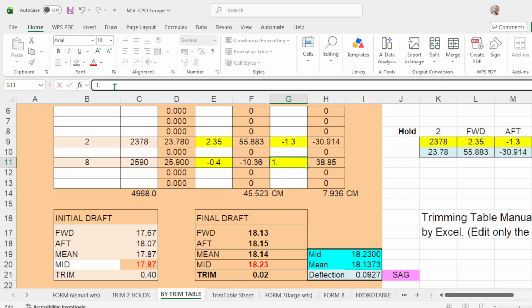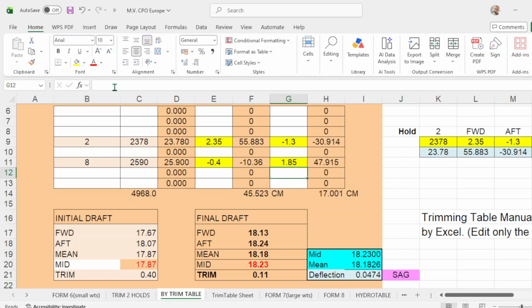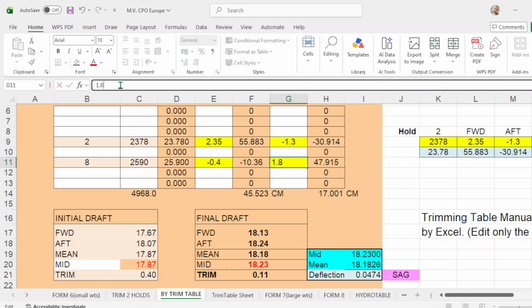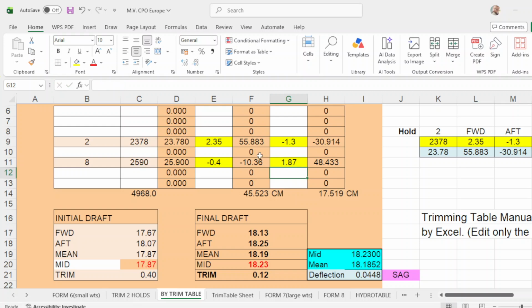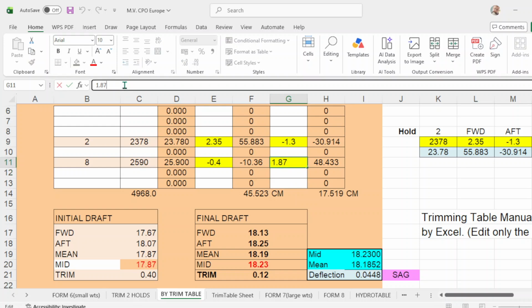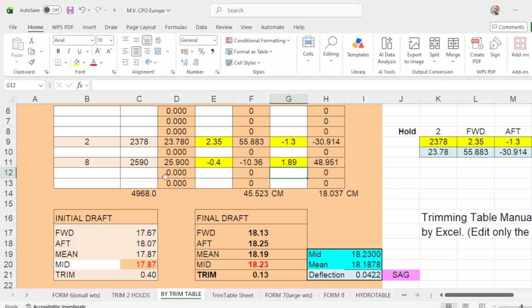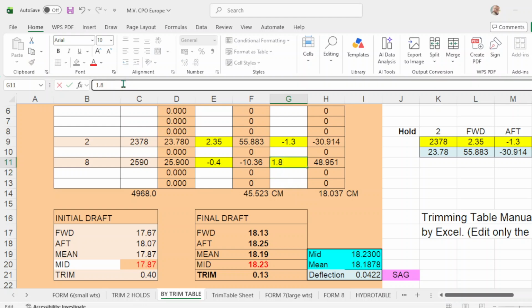That should be 8.5. I'm sorry. 24. 1.7. 7. 25. That'll be 9. 25. 1.9.